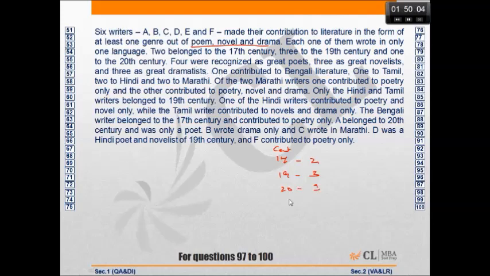4 of them are poets, 3 novelists and 3 dramatists. 1 contributed to Bengali, so many variables. 1 Bengali, 1 Tamil, 2 each Hindi and Marathi. Hindi is 2 and Marathi is again 2. Of the 2 Marathi novels, 1 contributed to poetry only, and the